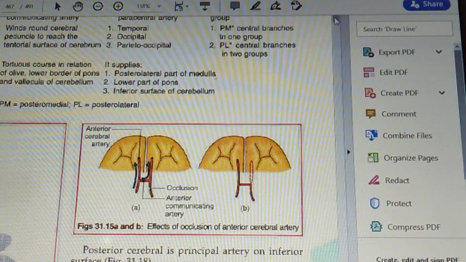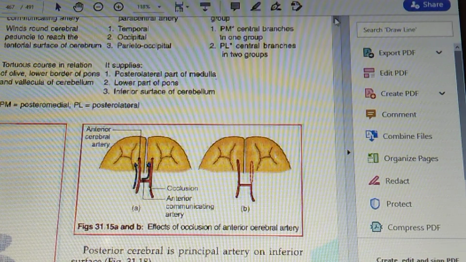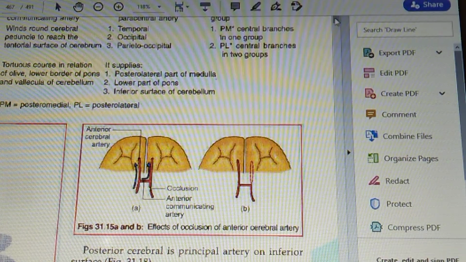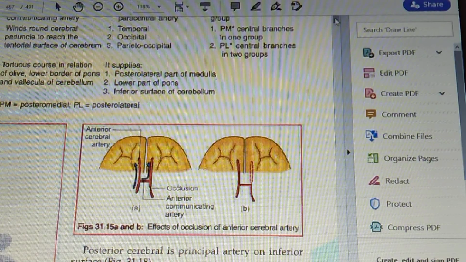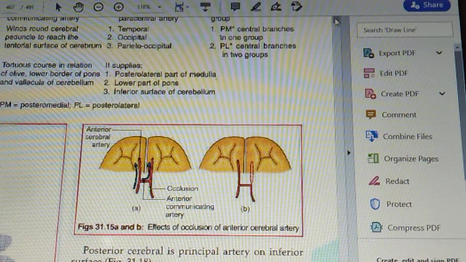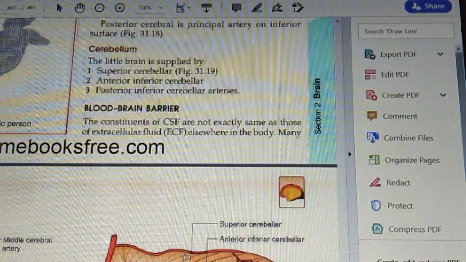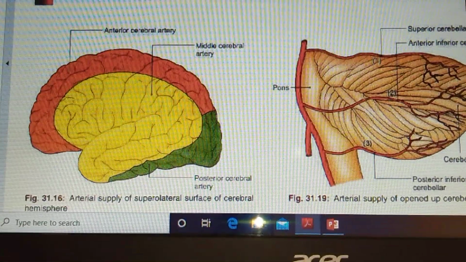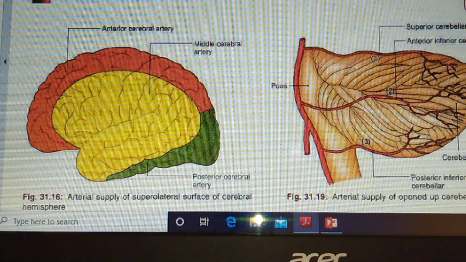Okay. So now these things are well understood by you, right? Because you are already aware of all the functions of the different parts of the brain. Now next we will learn about the arterial supply of different areas. You already know about all these arteries. We will just see in this diagram. You will be able to see, right? Now we can see these are the cerebral hemispheres, different parts of the cerebrum.